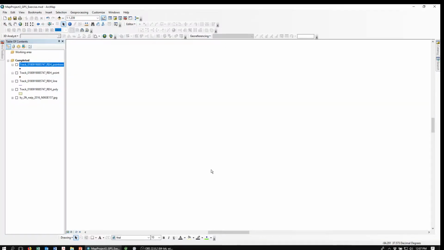Okay, today I'm going to show you how to do some basic editing procedures. There are a number of different ways to edit shape files or turn GPS data into shape files. I'm going to show you one using ArcMap in particular. There are a number of utilities out there that will do a lot of the same thing and sometimes more